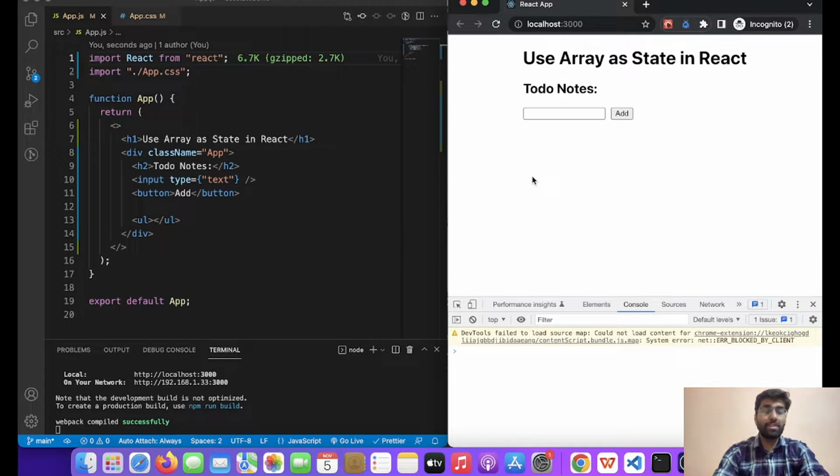Welcome back everyone. In this particular video, we'll be learning how to use array as state in React. So friends, we'll be performing two operations on array. That will be how to add an element into the array and how to delete any element from the array. So friends, in order to perform these operations, I am using this small to-do app, which we have simply used,